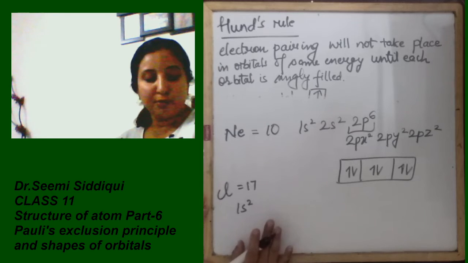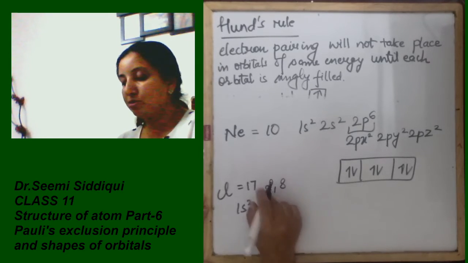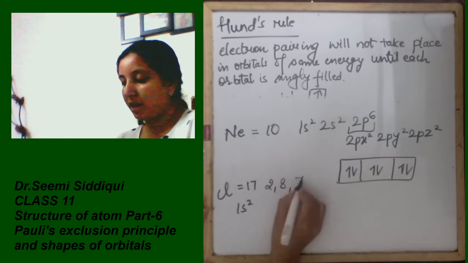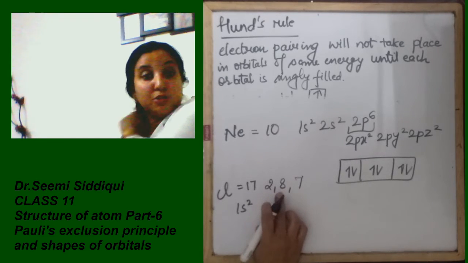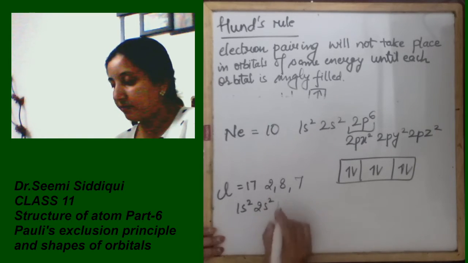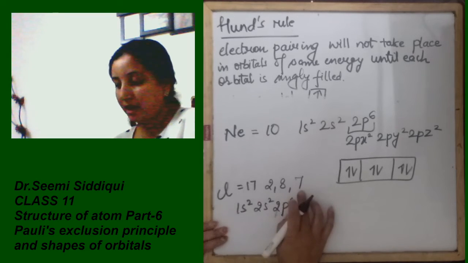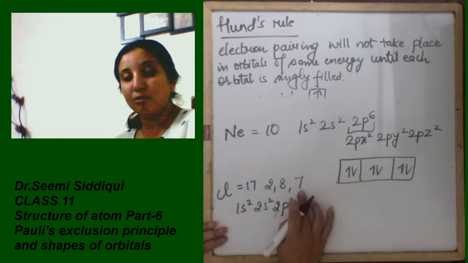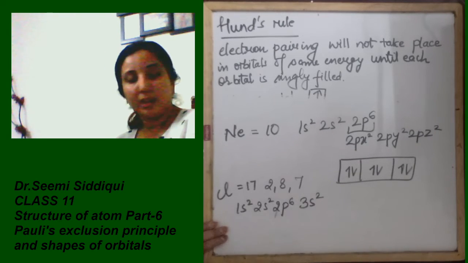अगर आपको ऐसे कंफ्यूजन होता है तो you can write down the simple electronic configuration first, 2 8 10 और 7. ओके, अब ये 2 के लिए तो first हो गया. अब ये 8 जो है ये किस में divide है, 2 और 6 में. सो 2s2 और 2p6, isn't it. अब ये जो 7 है ये किस में divide है, 3s, 3 वाले थर्ड वाले में. सो 3s2. अब 7 में से 2 चले गए तो 5 बचे.